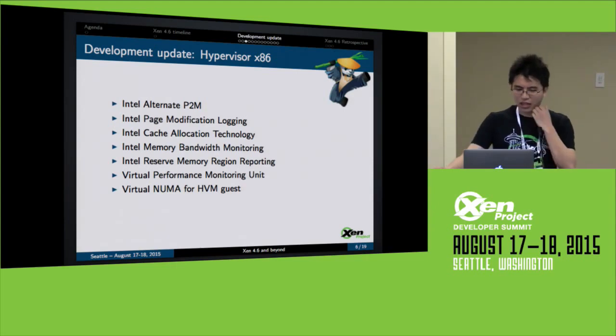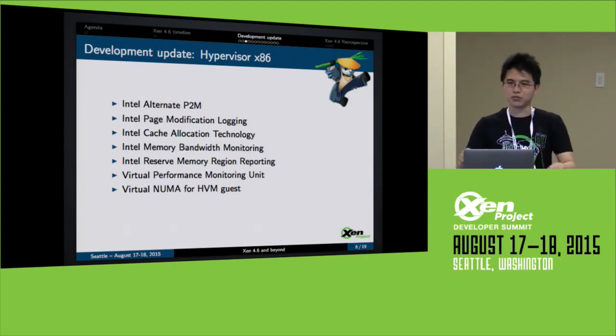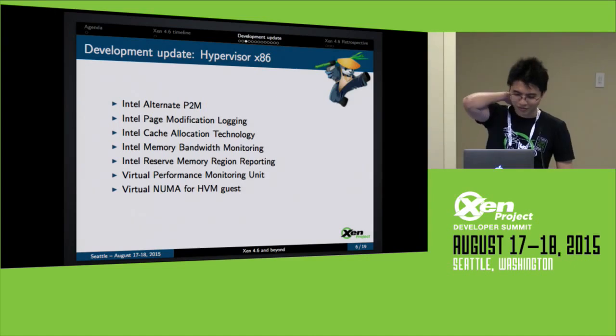This feature allows you to have multiple P2M, the physical to machine mapping table, for a virtual machine. And it enables you to do zero footprint guest memory introspection, and also enables some possibilities to implement high performance NFV